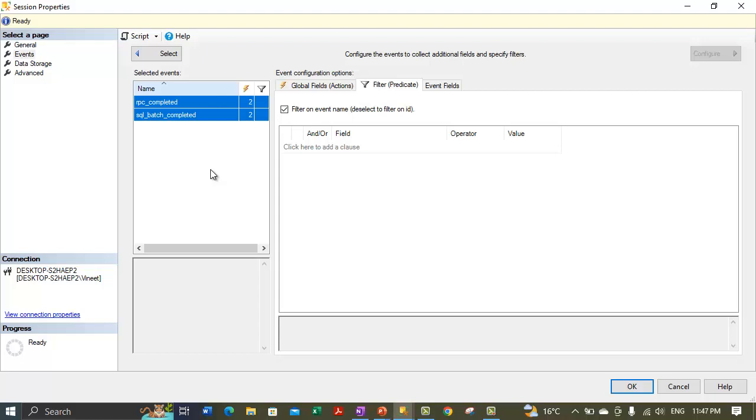Basically, we click on where it says click here to add a clause. So let's click here. You will immediately get a new line. As you have just seen, you get a new line once you click here. After that, what you need to do next is click the drop down